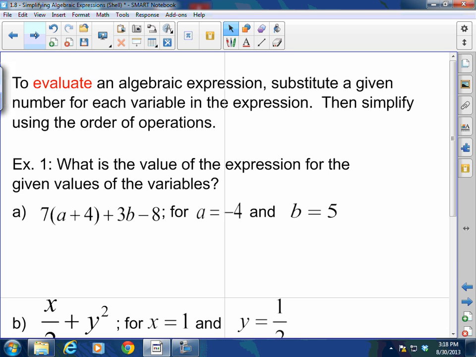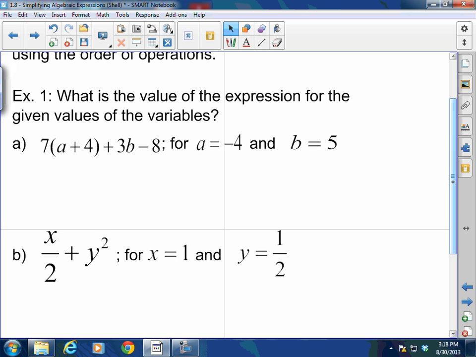To evaluate an algebraic expression, you're simply going to substitute a given number for each variable in the expression. Then simplify using the order of operations. What is the value of the expression for the given values of the variables? You have 7 times parentheses a plus 4, plus 3b minus 8, where a is negative 4 and b